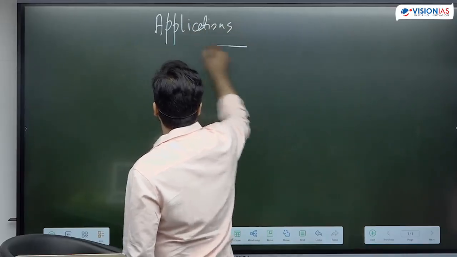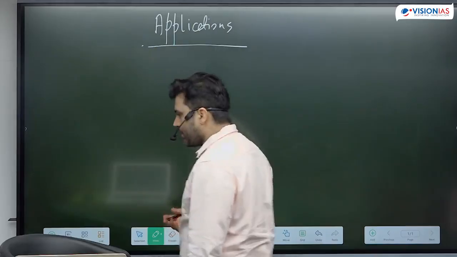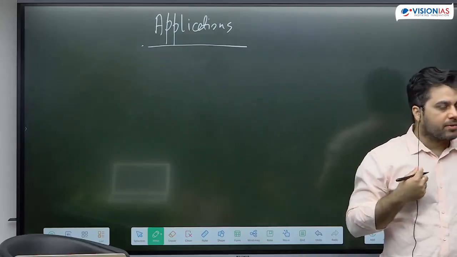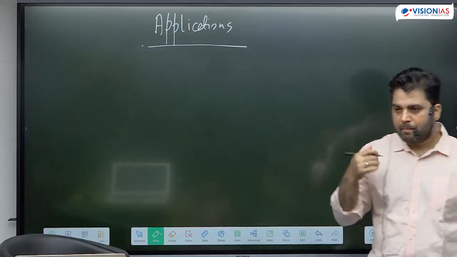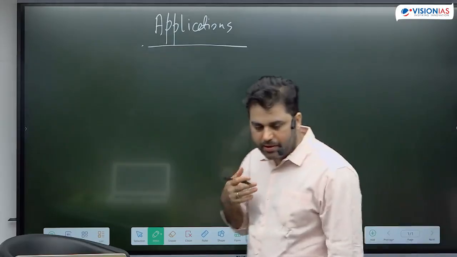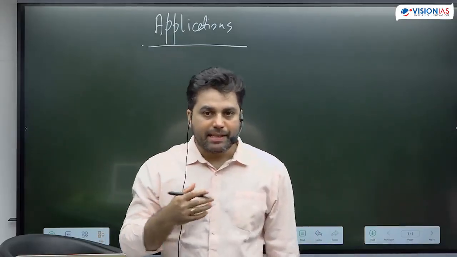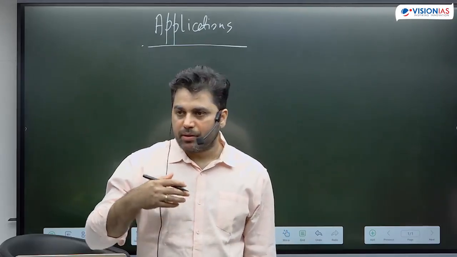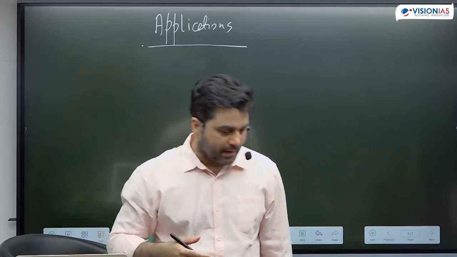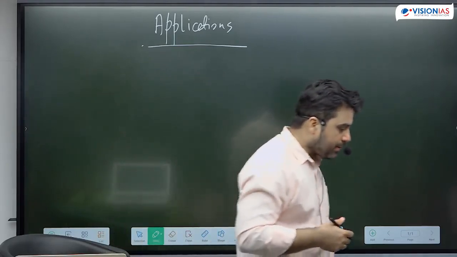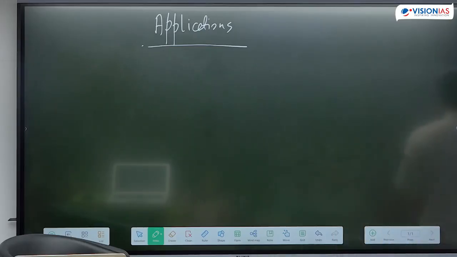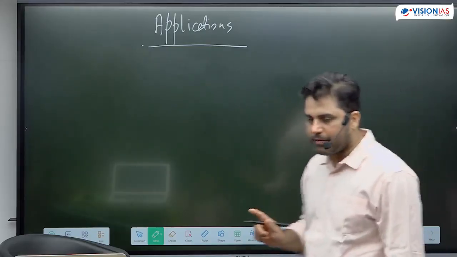And I'm going to divide this application into many parts, mostly 4 parts. I'll be first talking about how we are using nanotechnology in our day-to-day life. Second, I will be talking about how we are using nanotechnology in ICT, in electronics basically. Third, I'm going to talk about how we use nanotechnology in healthcare. And fourth, I will be talking about how we can use nanotechnology in environmental remediation, in tackling a lot of environmental issues. But I'm only going to talk about 4 of them.